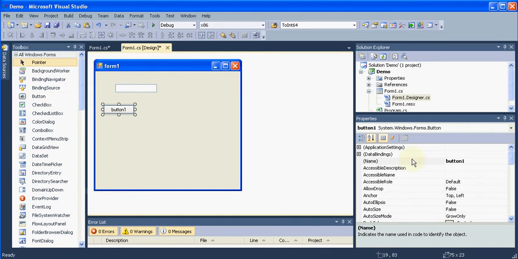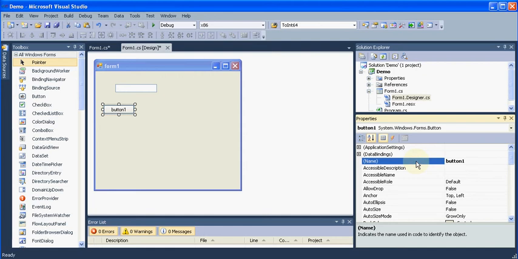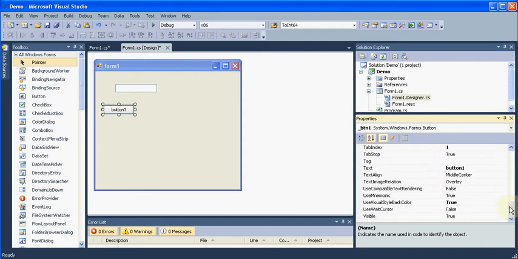Let me give this button's name as underscore btn1, as button 1, and in the text I will write 1. So now this button will be for the number 1. Likewise we'll be adding some more buttons. Let me pause the video and I will do that for you.